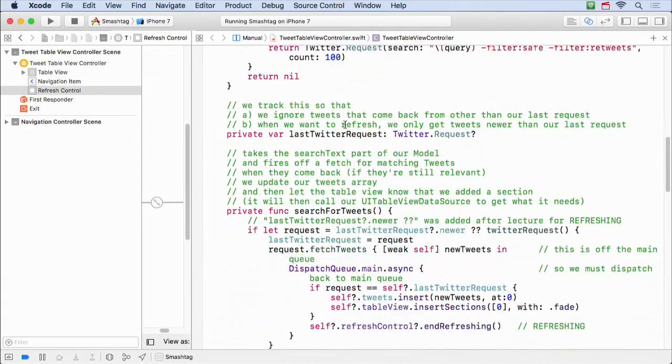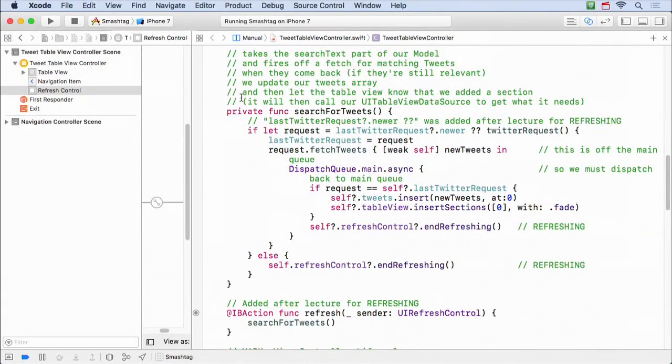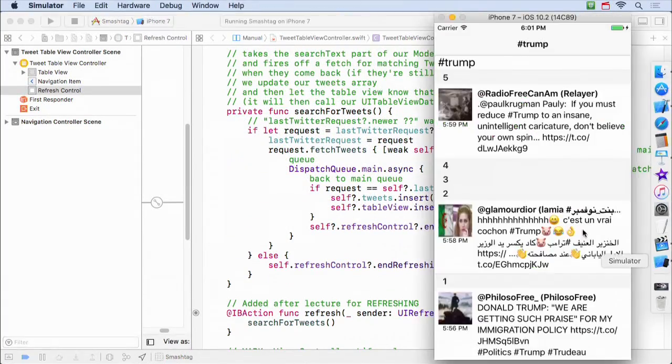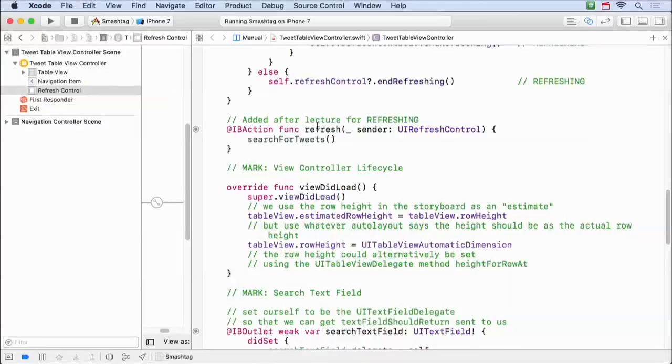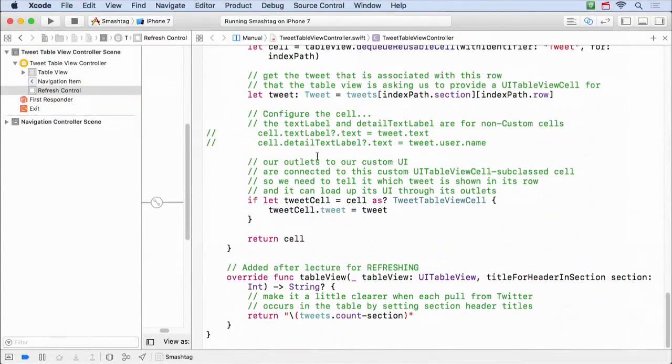I wanted to do the new one. The way that I made it so that we had these little titles right here, see these titles, 2, 3, 4, 5, I implemented another UITableViewDataSource method, this one down here, called titleForHeaderInSection. I just put titles on the sections. Remember, each section is another poll from Twitter. And so I just had each title section be the count of things I had minus the section number.